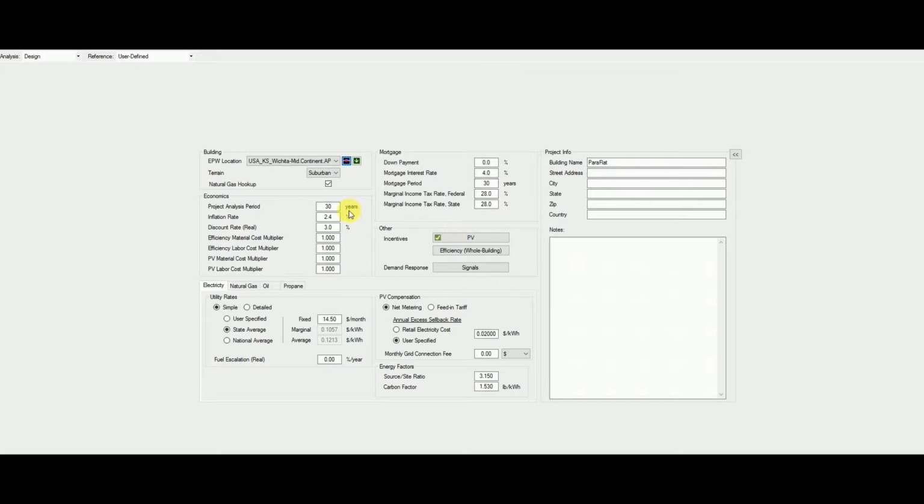To take it further, this model is not only a technical model, bringing in all that technical information, but it's also a financial model that runs complex formulas. I'm going to try to make it real simple and go over it real quickly. The economics here pretty much shows some kind of analysis period, like let's say your loan's 30 years, the inflation rate that we see here, and some other factors on mortgage, your down payment that may have been put down, today's interest rate, income tax information, and then